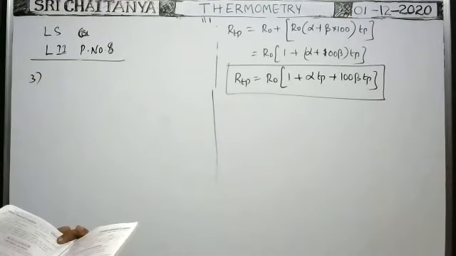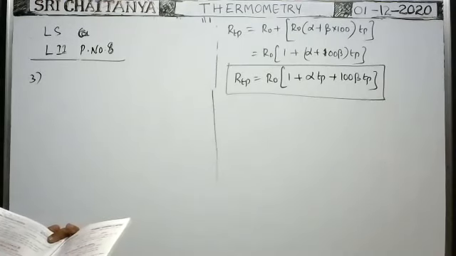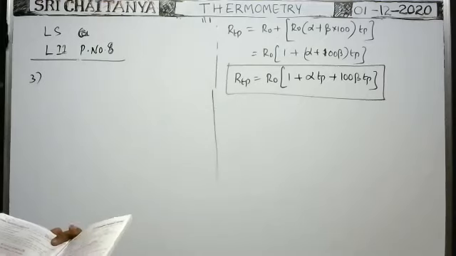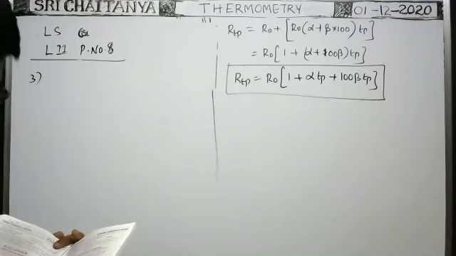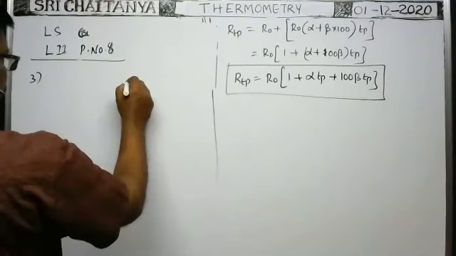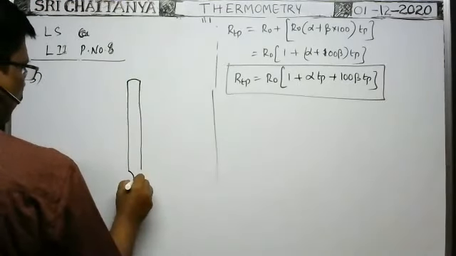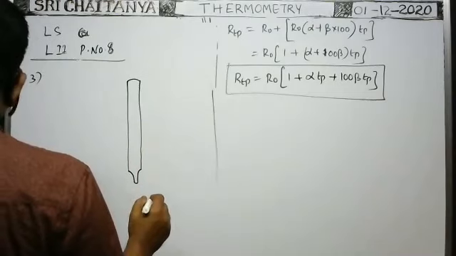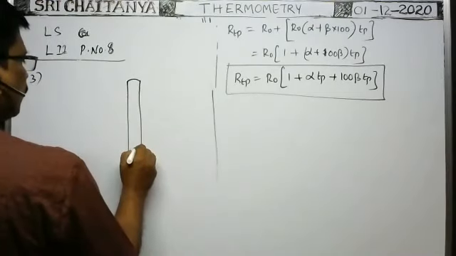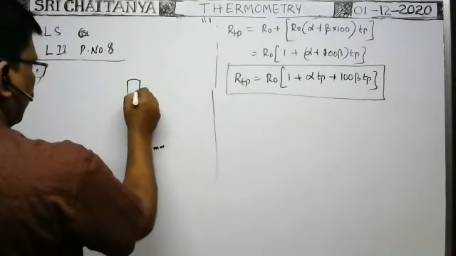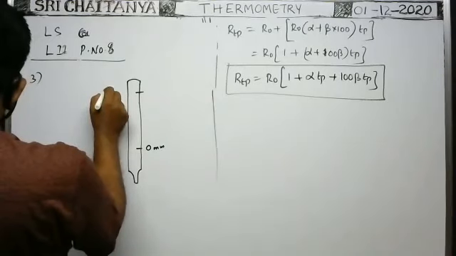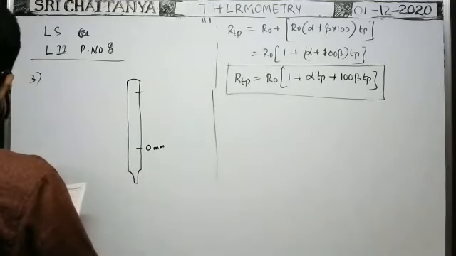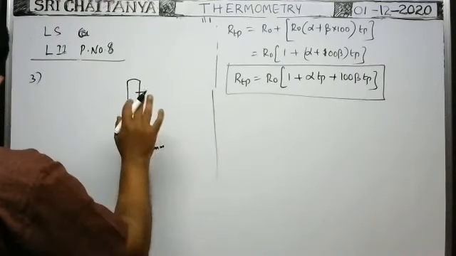A thermometer is graduated in millimeters. It reaches minus 3 mm when the bulb of the thermometer is in pure melting ice, and 22 millimeter when the thermometer is in steam. Suppose here a thermometer is there. On the thermometer, at 0 degrees centigrade, actually 0 millimeter is this one, and it is steam point. Steam means at 100 degrees centigrade, no? So here the scale is graduated in millimeters, not in degrees centigrade.